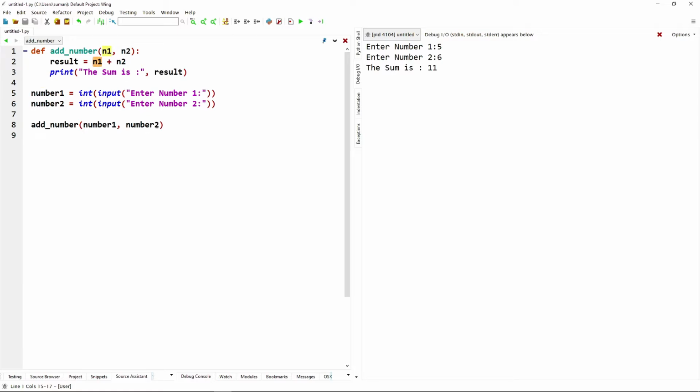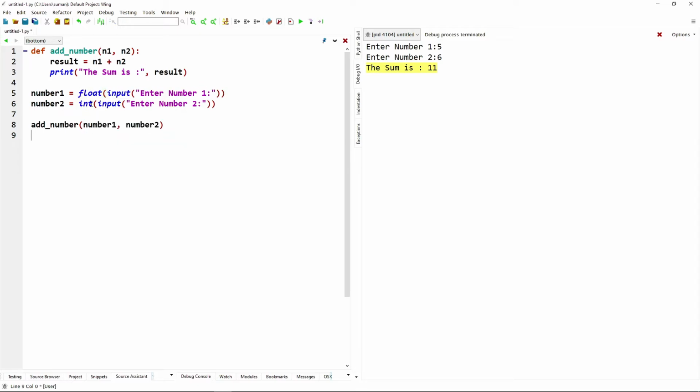Same as for number2, that has been taken from the user and is passing to the parameter or the variable n2. Then result, that variable, is doing the addition n1 plus n2, then the output prints the sum is result, or the 11.